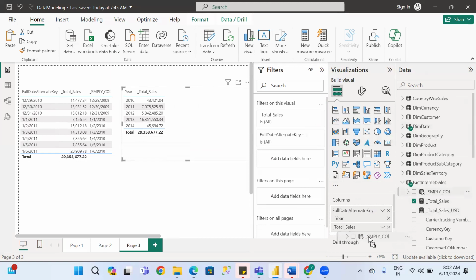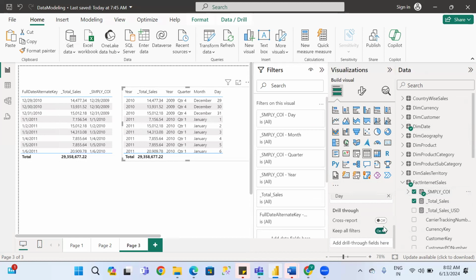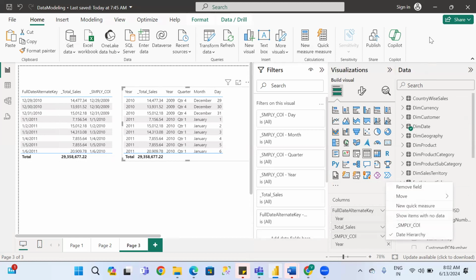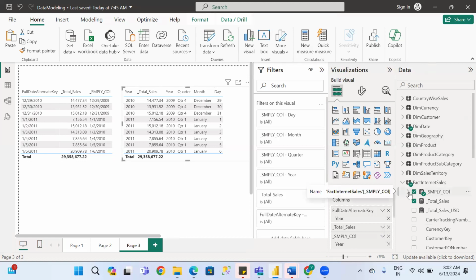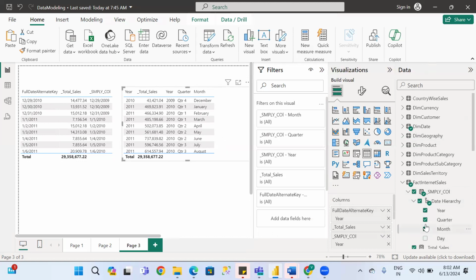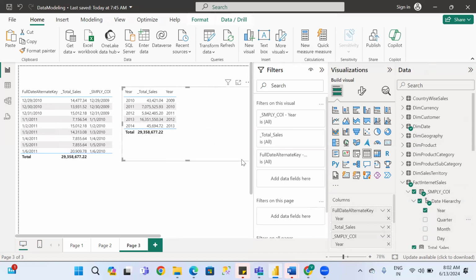Then simple column, then only the date hierarchy is there. Select. See, if you go for year, it will come year. If you go for day wise, we'll go for day. Month, if you go for month, it will give exactly the previous year. Whatever, if you go for day, based on this column,